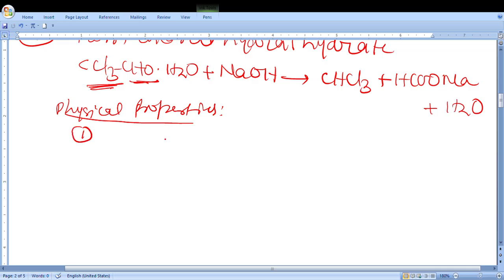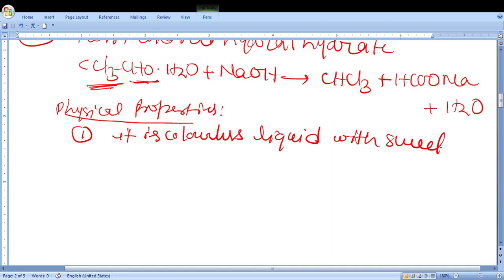Number 1, it is a colorless liquid with sweet smell and taste. Liquid state is because of dipole-dipole interaction. The liquid state